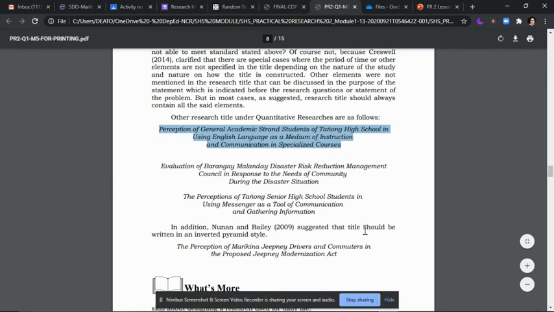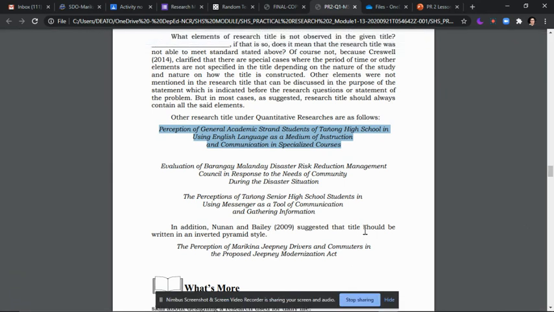Dinedescribe lang ng study kung ano yung data, hindi siya nagpapakita ng inferential results gaya ng relationships or difference. Nagpapakita lang siya ng picture kung ano yung perception ng mga estudyante.